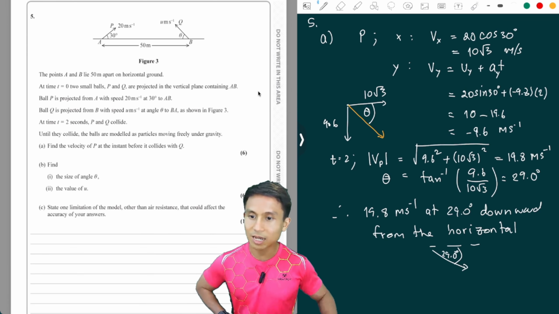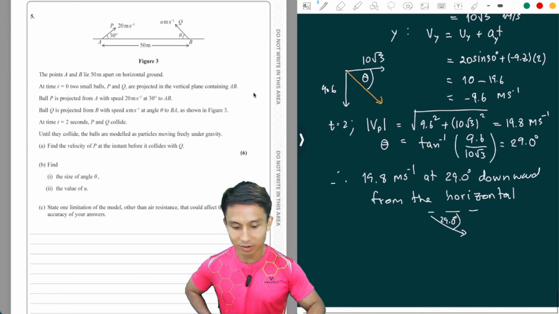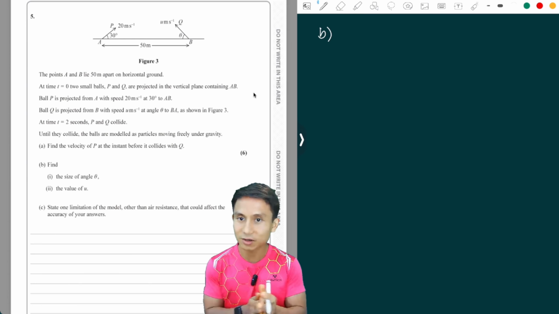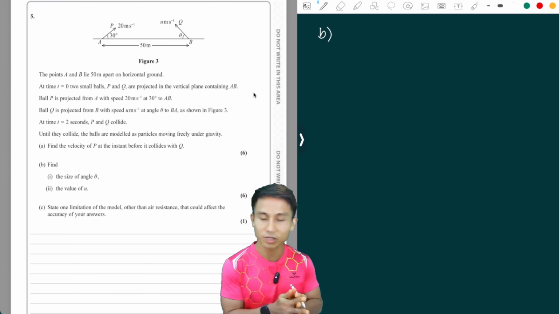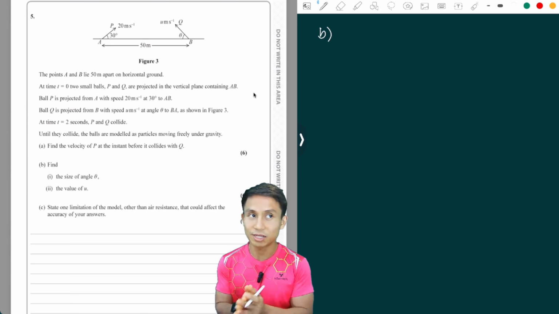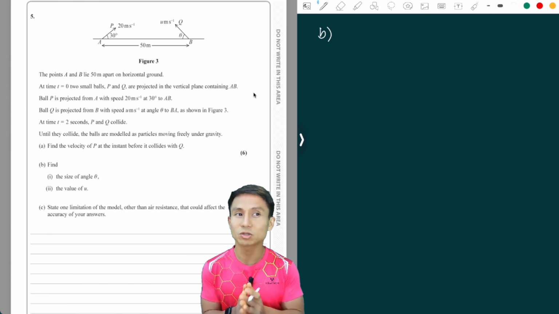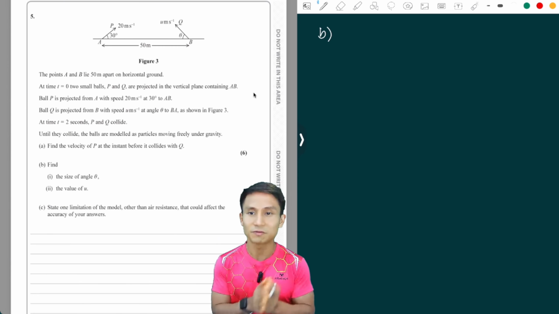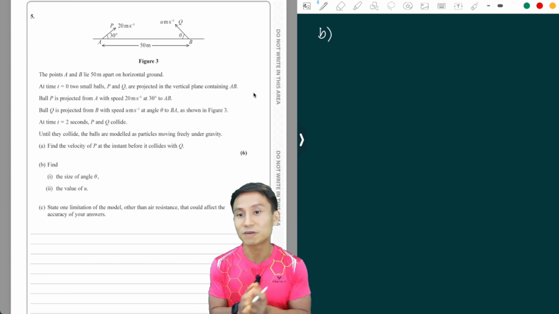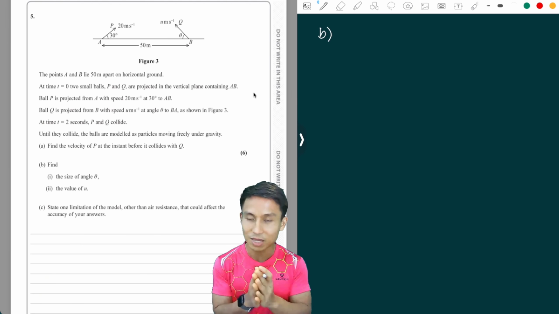Part B, find the size of angle theta and the value of u. Right, now we got to incorporate the other object, the particle Q. So the size of angle theta is from the Q and the value of u is also from the Q. Now we know that they collide at t equals 2 seconds, in which the vertical displacement of P and Q will be the same. And we also kind of know the horizontal displacement of Q. We can find that by knowing the horizontal displacement of P, and also the fact that the sum of the displacement from left to right and from right to left from where they meet is going to sum up